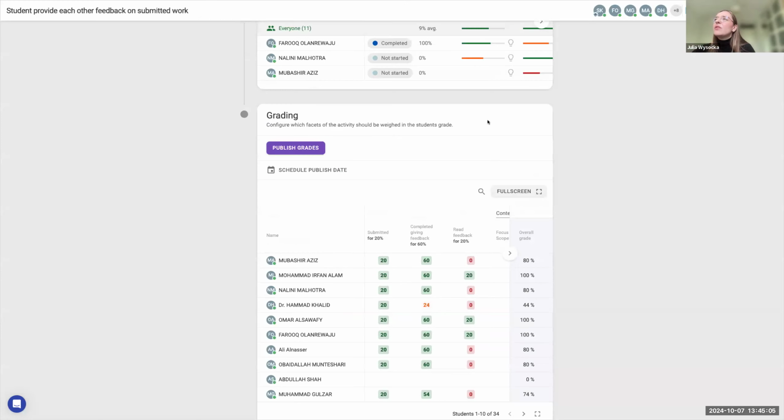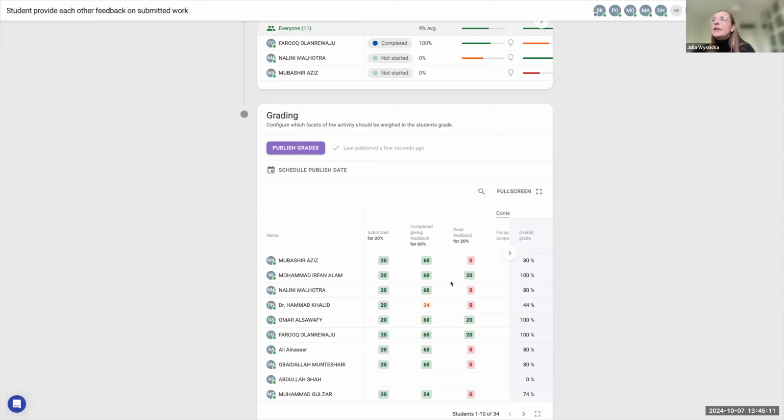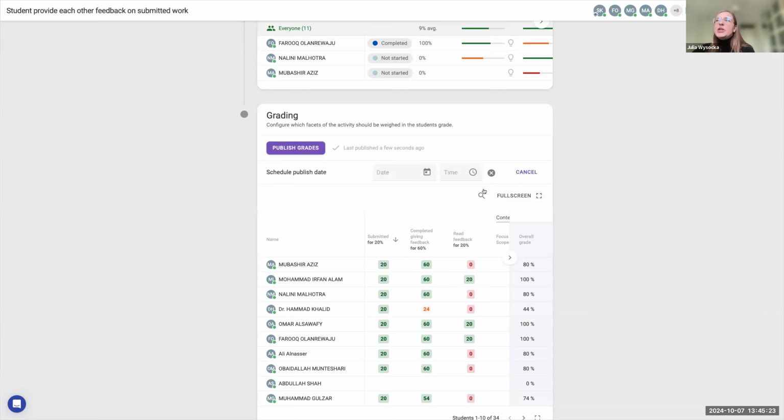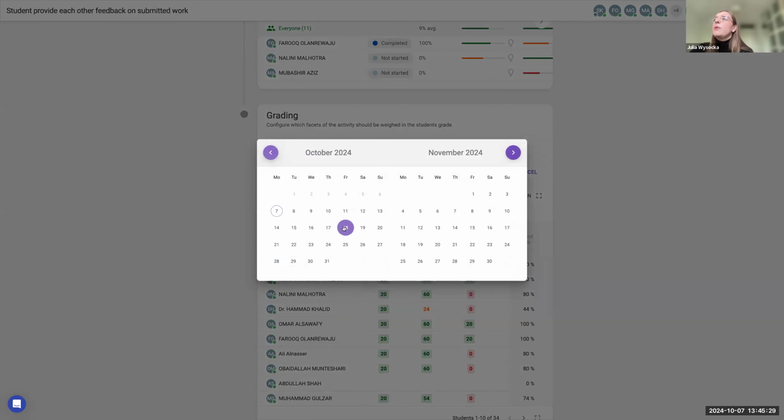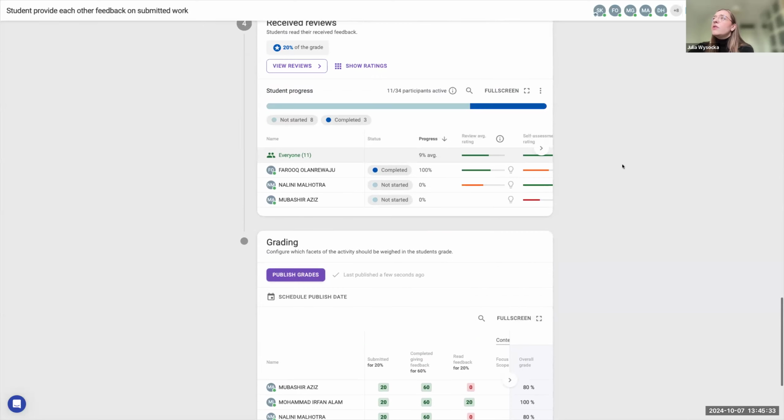And afterwards, you can publish it to Blackboard. I'm going to click on the publish grade. And on your screen, if your assignment is still open, you will now see the grading module opened, and you can see the overview of all your grades. You can also schedule a publishing date. So maybe you want to do it a little bit further in time. You'll be also able to do that and save it. So this is how the